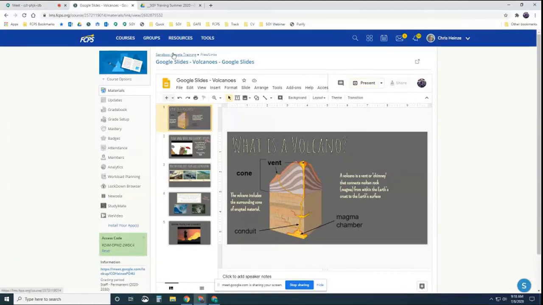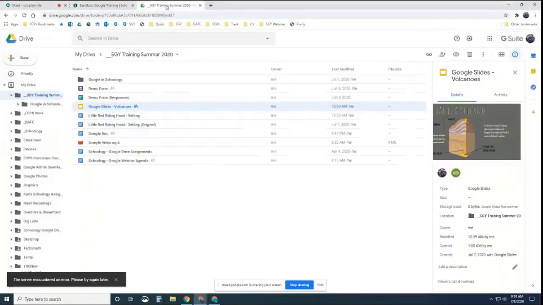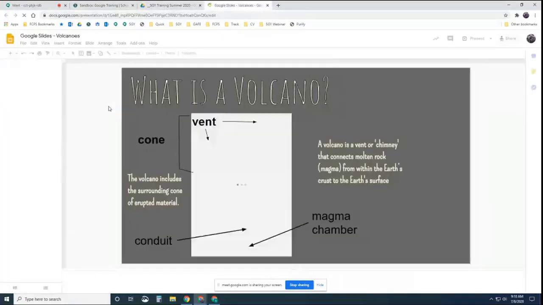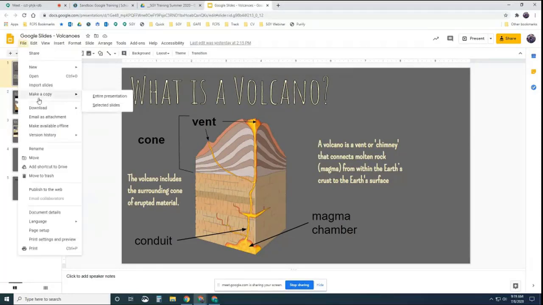Go back to here. Okay, so let me go to that slideshow again. Let me open it up this time. And you can use whichever way you feel is more useful to your students. But if you want to have it present or show automatically in present mode, you can't do that just by inserting it in some specific way. You have to publish it to the web first. So you say File, Publish to the web,